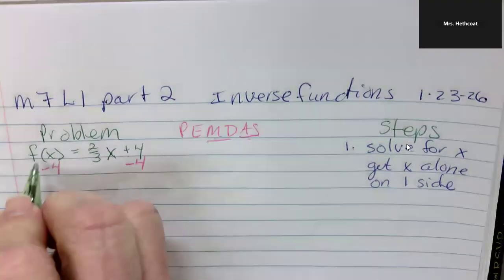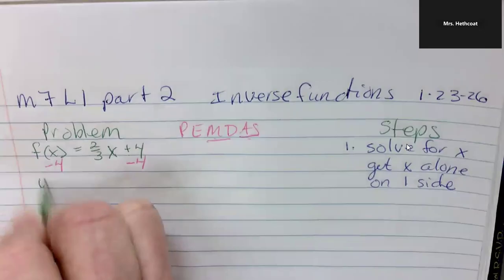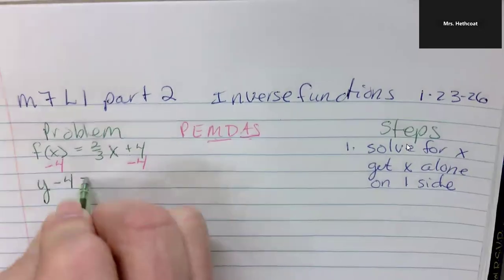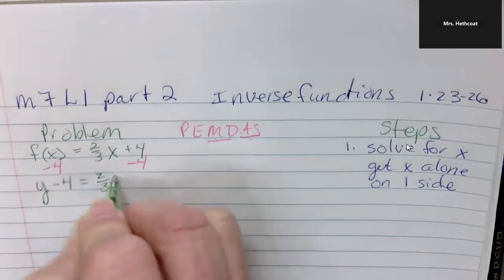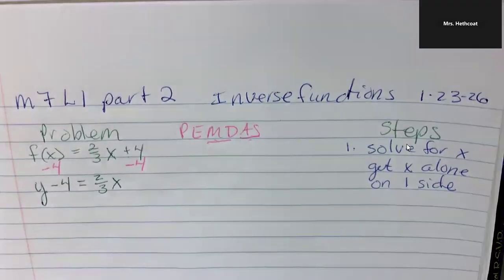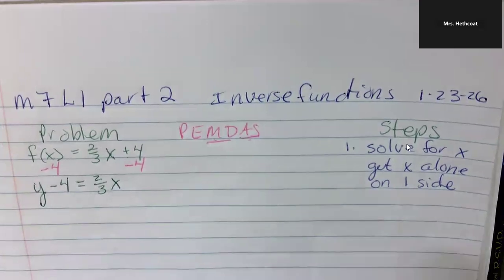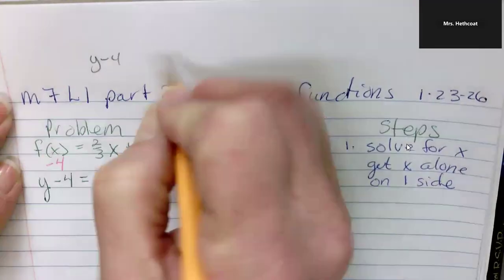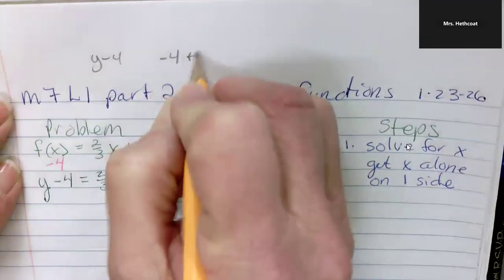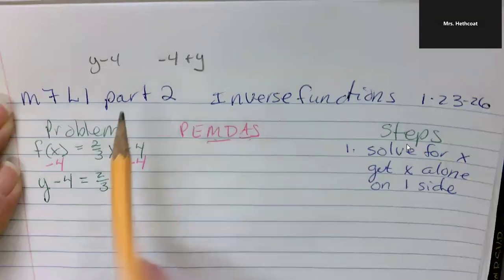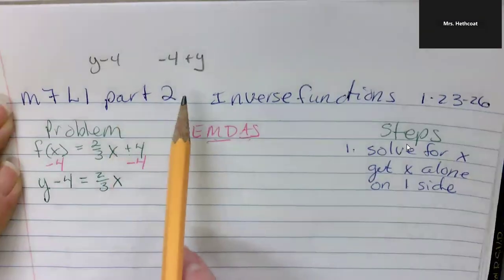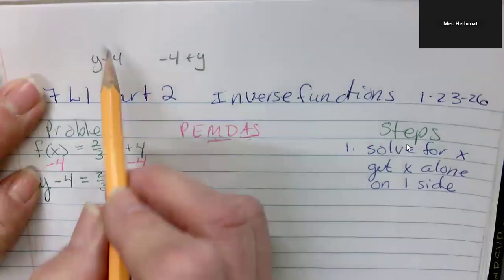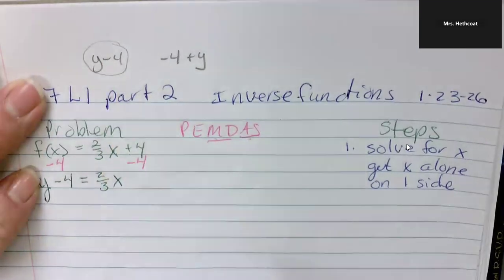I'm going to change my f of x to y to make it simpler, and we get y minus 4 equals 2 over 3x. I did have a group today that was asking, can we do y minus 4, or is it okay to do negative 4 plus y? While mathematically these are both going to equal the same thing, y minus 4 is correct for a solution